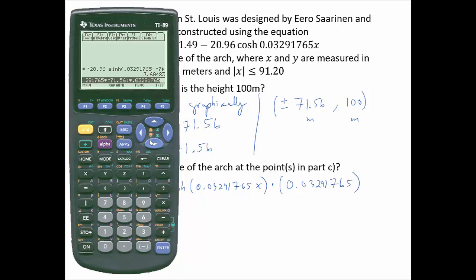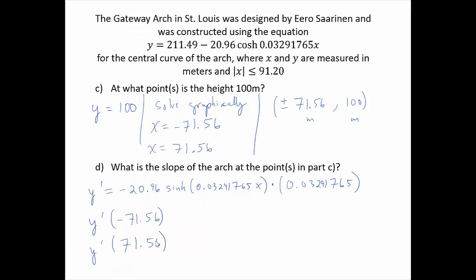And then I'll just change out that negative to a positive to get the other value. So let's backspace on that negative and hit green enter again, and we get the negative. Not surprising considering the hyperbolic sine is an odd function. So y prime of negative 71.56 is 3.60483, and y prime of 71.56 is negative 3.60483, and each of those slopes,